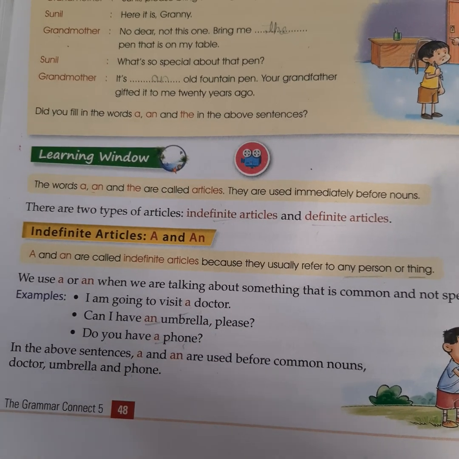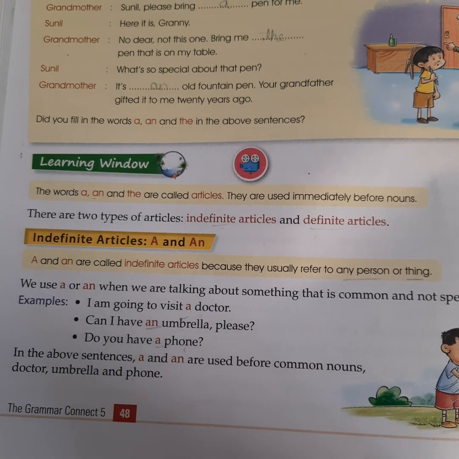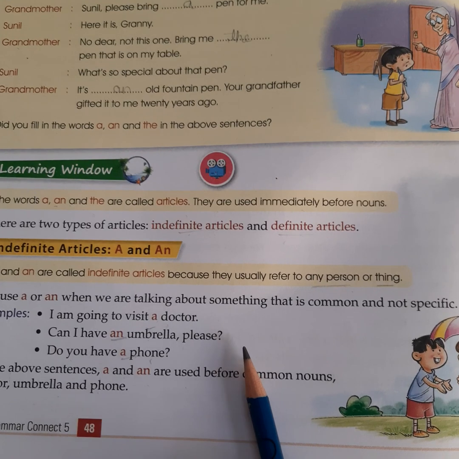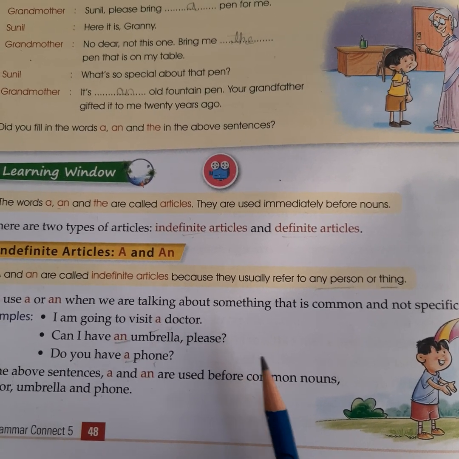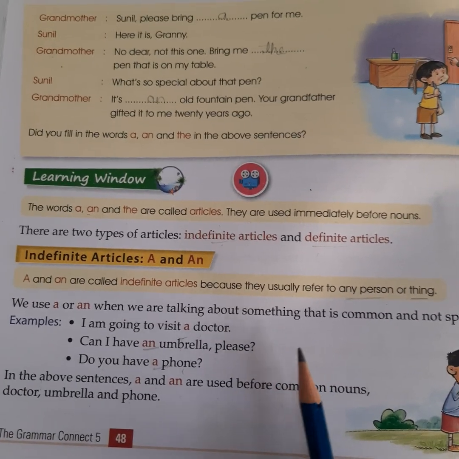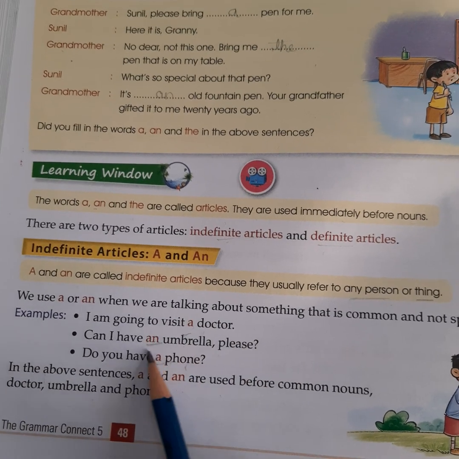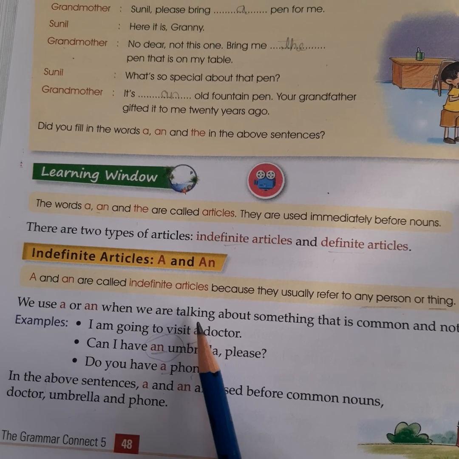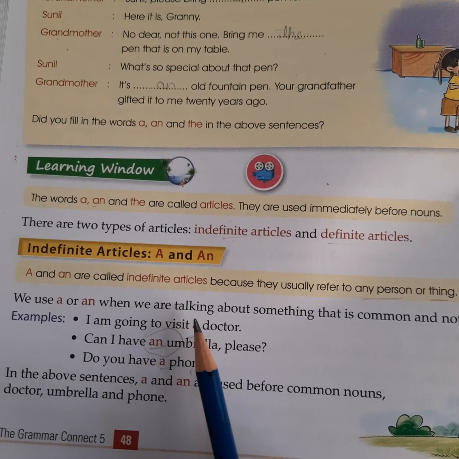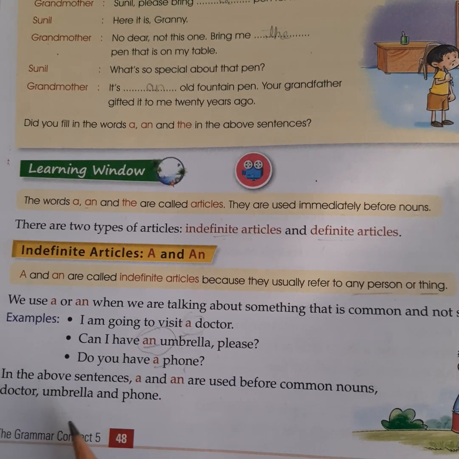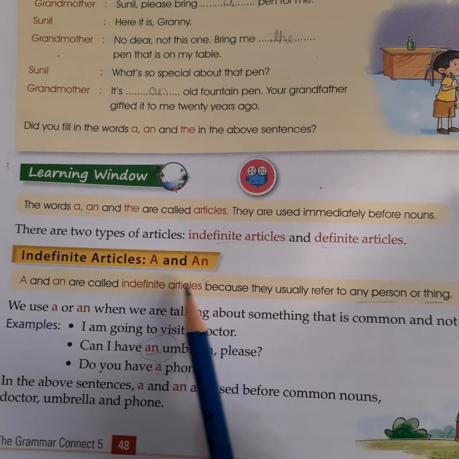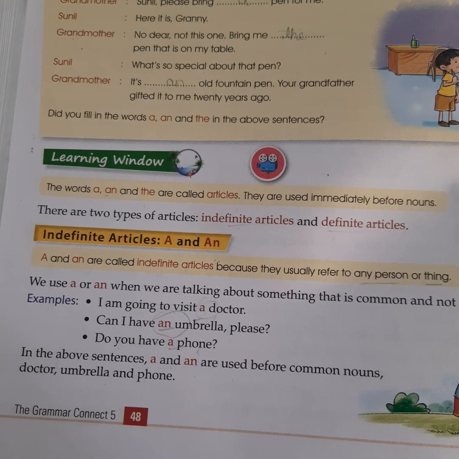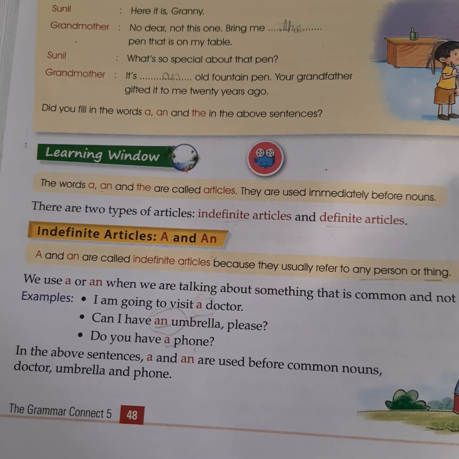So where we can use it is all about the consonants and vowels. You must have heard about 5 vowels. You must have been reading it, learning it since your childhood. So 5 vowels are there: a, e, i, o, u. For these vowels we use an, and every other alphabet is called a consonant, right? So for the consonants we use a. So always remember, students, a and an stand for one thing, only one thing. So you can go through it on your own again for better comprehension.